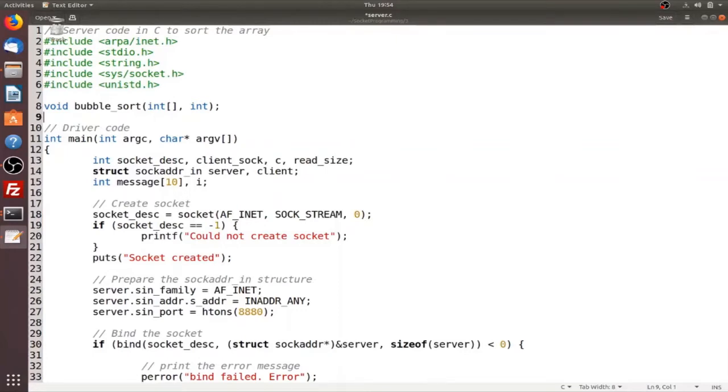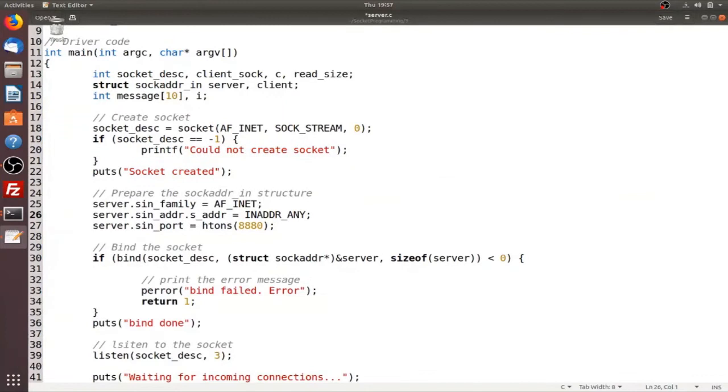So we have defined the domain of the address to be that of the internet domain by assigning AF_INET to sin_family. And then in line number 26, we have used INADDR_ANY to s_addr, which is a member of sin_addr.